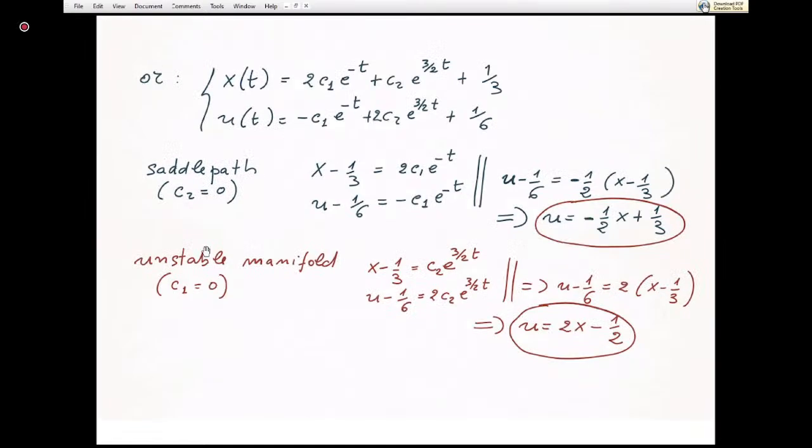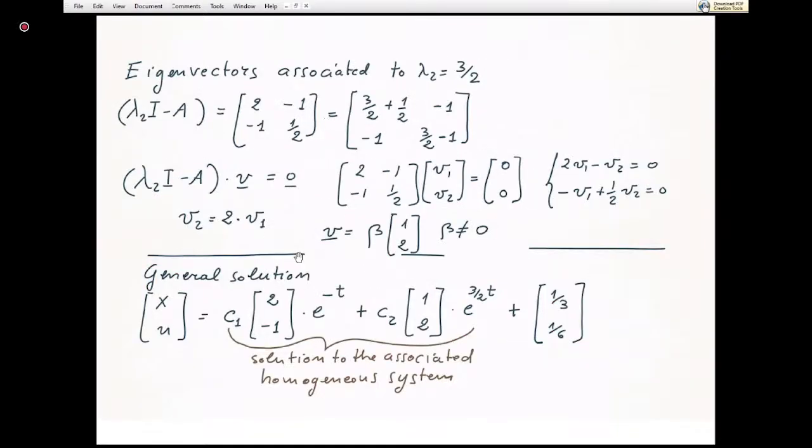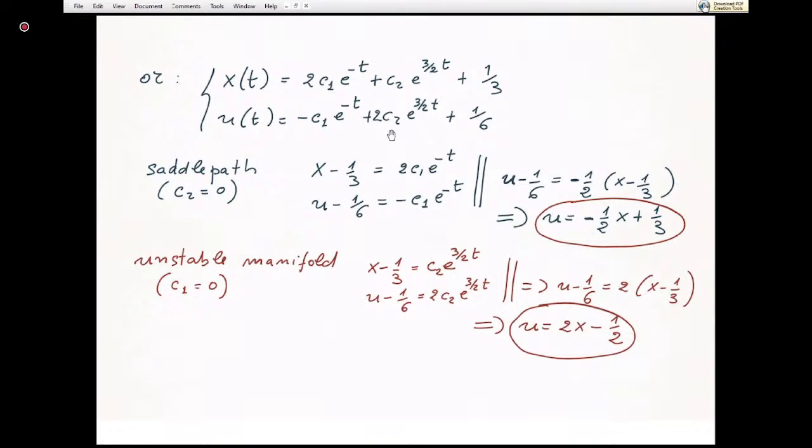Okay, so here is the system. It is written 2c1 exponential minus t plus c2 exponential 3/2 t plus 1/3, and the same for the other equation. So it's written in extensive form. If we set C2 equal to 0, we obtain that x minus 1/3 becomes equal to 2c1 exponential minus t, while u minus 1/6, moving it to the left, becomes equal to, remember that C2 is 0, minus C1 exponential minus t,